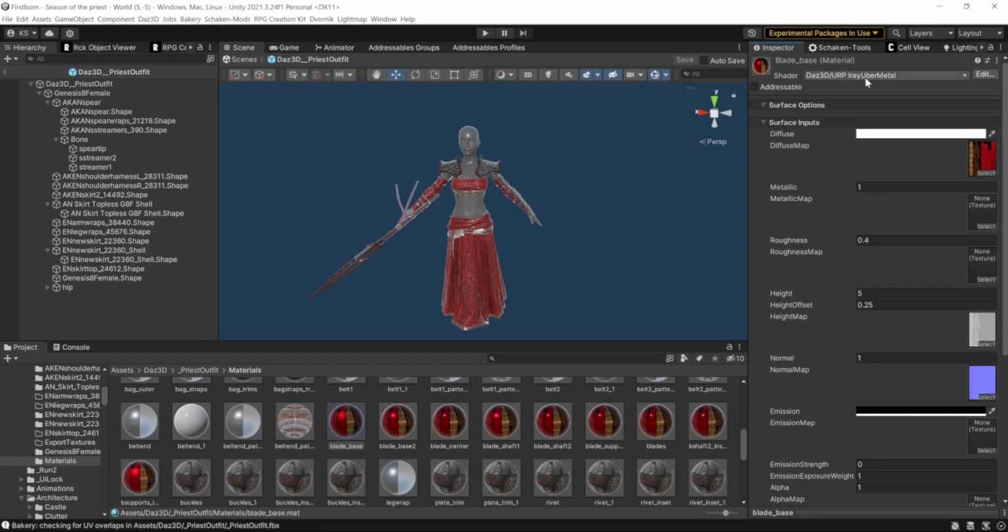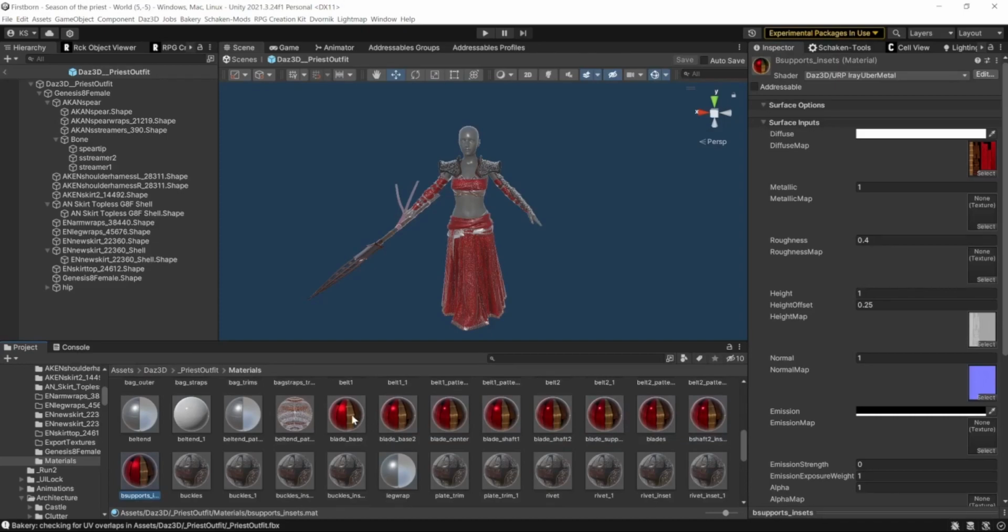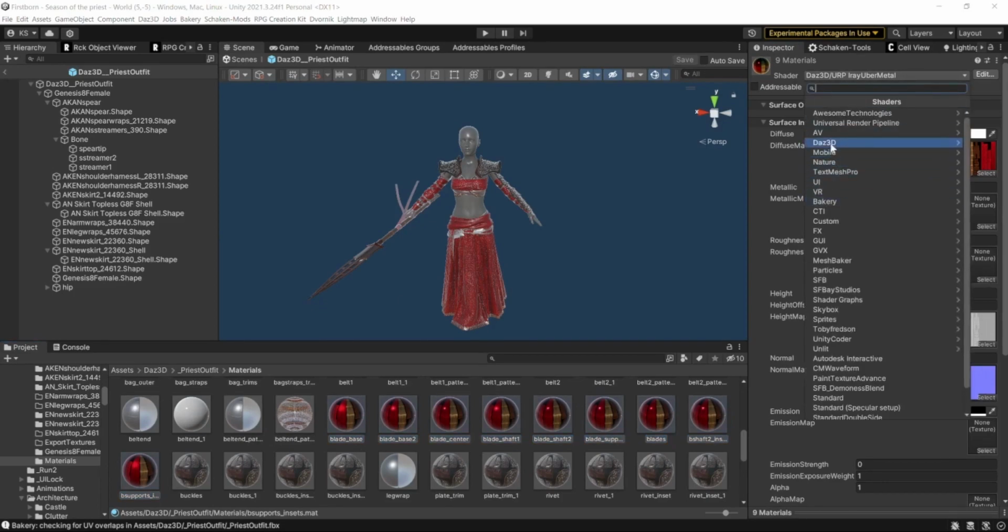It uses an Uber material. Now, that's something that DAZ has. It does not look good in Unity. It just doesn't. So we're going to go through all of these, and we're just going to change that to a regular metallic, I would say, URP metallic. And on,